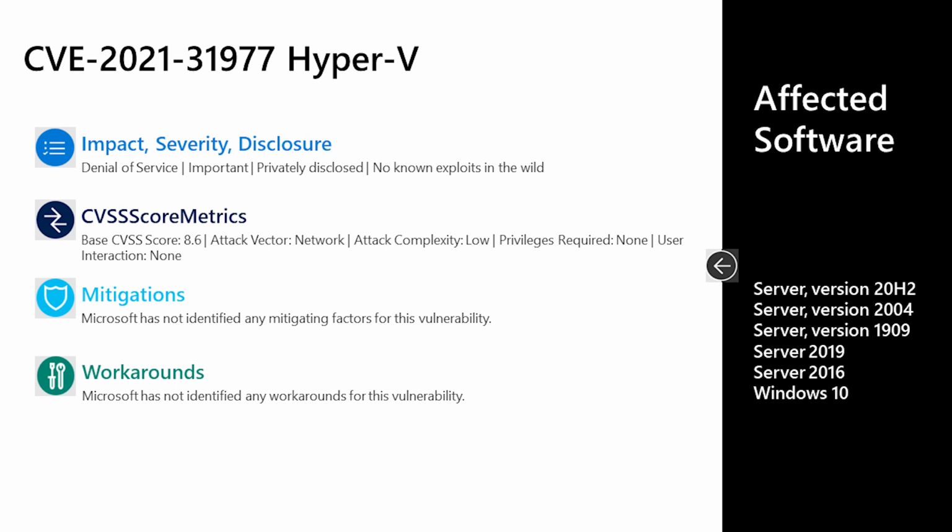The attack vector is over the network, attack complexity is low, no privileges required, and no user interaction is required either. So how this works, how an attacker would leverage this, is that they would send what we call a specially crafted message to the Hyper-V host, and the guest VM at that point in time, when it receives that message, it could leak information. And in most cases, this would result in a memory leak on the Hyper-V host. And at this point, there's some hardening built into the virtualization stack. So if it sees this behavior, the machine goes into a controlled crash.